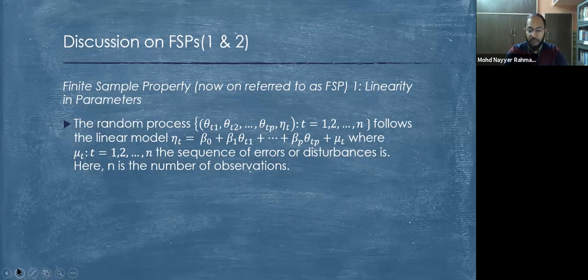When we say that a regression model is linear, we talk about the parameters, that is, the coefficients. If the coefficients are linear, then we say that the regression model is linear, or that linearity in parameters is there. If your coefficients are not linear, then you cannot say that your model is linear, and you cannot use it for forecasting or for drawing inferences in linear terms. And we know human beings generally think in linear terms. We cannot think in exponential terms.